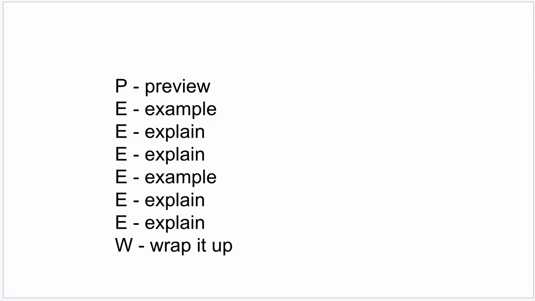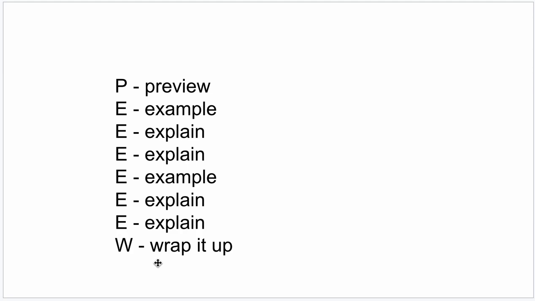Okay, so let's do a quick review. In each and every paragraph that you write, you should follow the PEWO steps. You should start with a preview sentence, that's your topic sentence. You should follow with, and you don't have to do the E's in this order, but somewhere in there you should have a specific example, 2 sentences of analysis that explain how that example supports the main point of your paper, another example, another set of analysis that explains how that example supports your paper, and then you need to wrap it up. Remind your reader how it is that all of this works together to support your thesis, and then you need to rinse and repeat. So you're going to do the same thing over and over again.